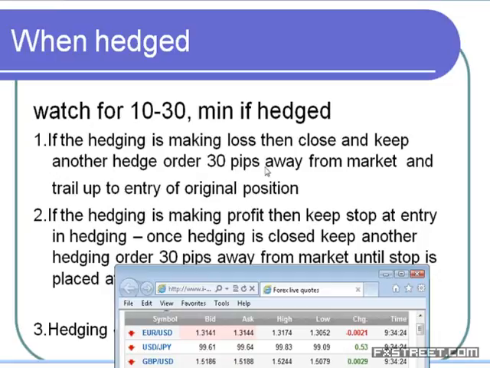We only use the hedge to find out whether the market has hedged during a stop hunt, during an extended move, or during an intentional move. So we read the market and find out, okay, this is a stop hunt. Because of that, the 30 pip hedging order is making a loss. Okay, close it and keep another hedging order. If the hedging is making profit, that means I failed to identify the stop hunt, identified an extended move and took it as a stop point. So they hedged me and then started showing profit on the hedge side.